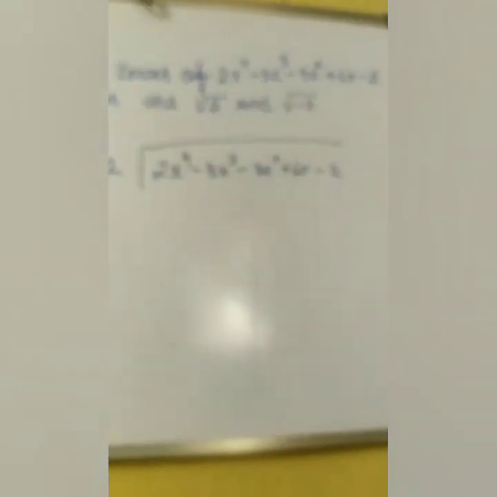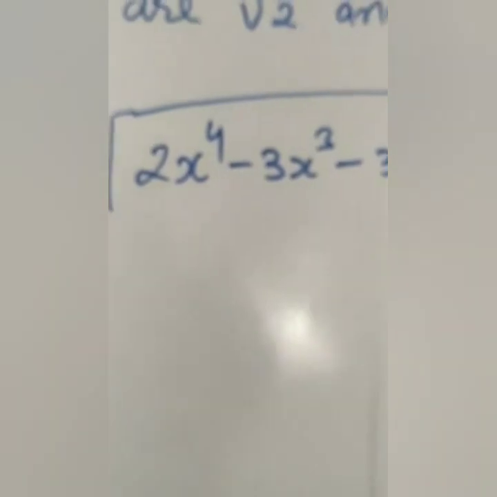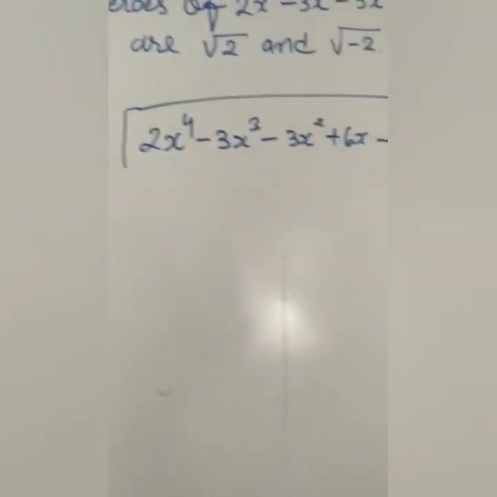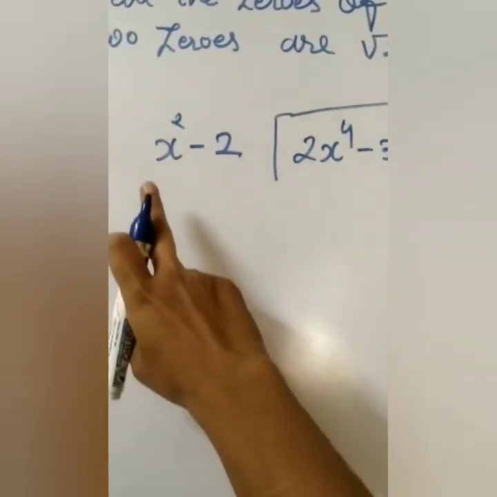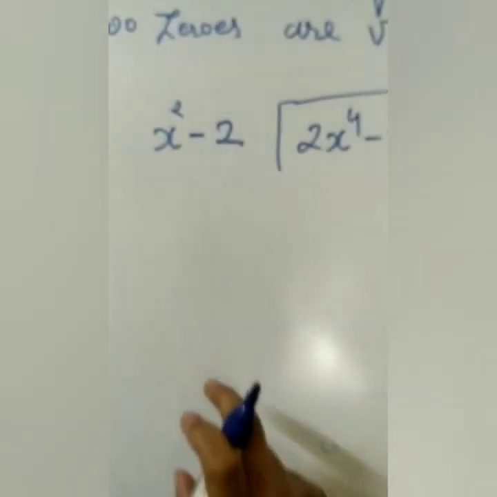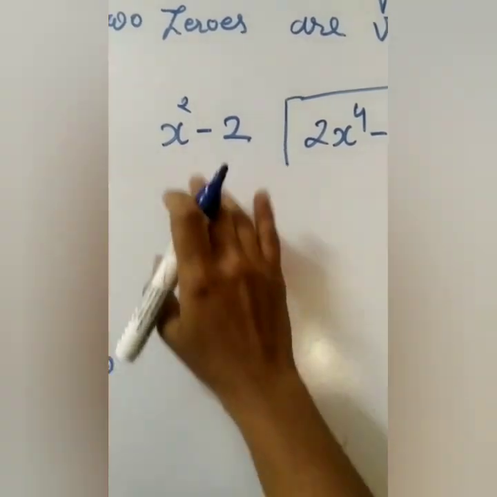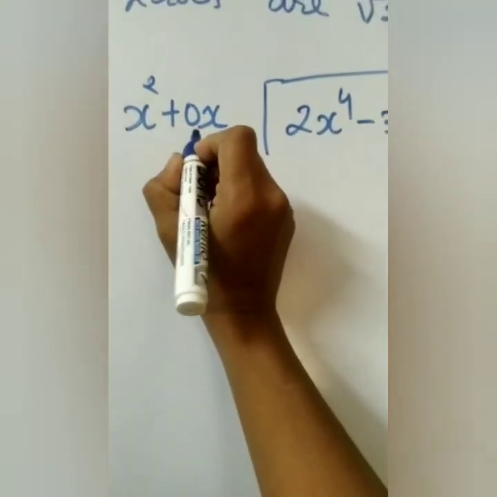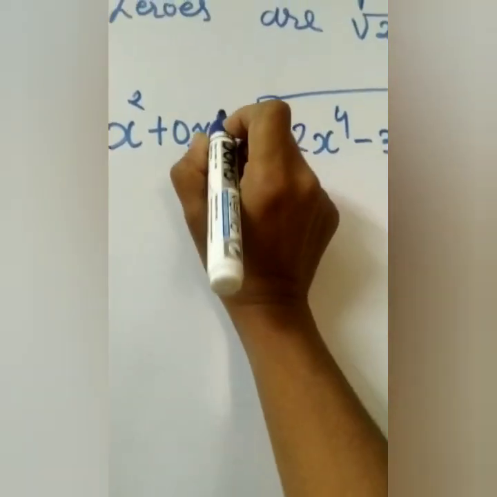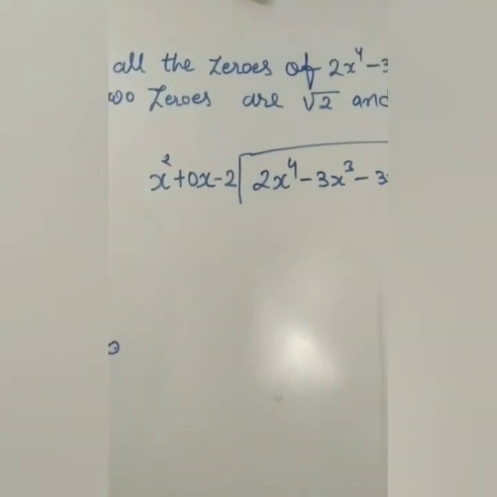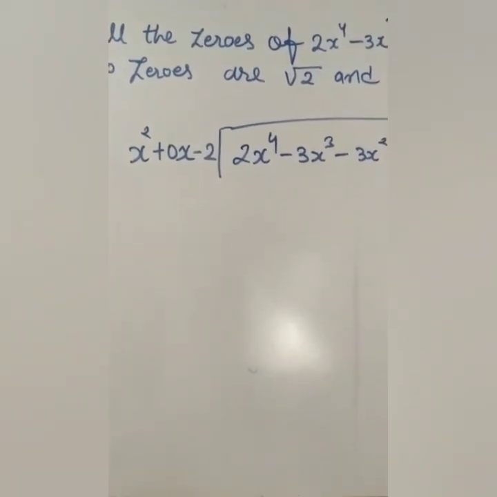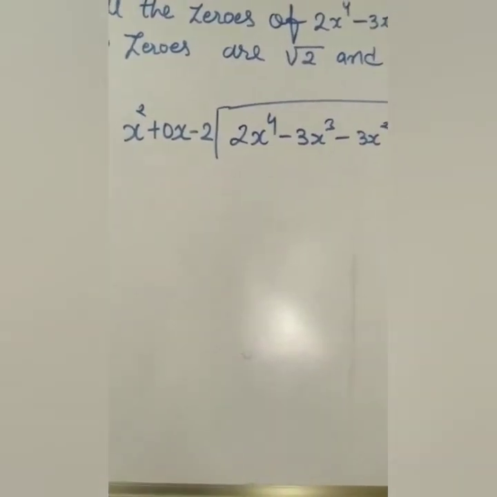So again, first we will check whether it is in the proper form or not. Here the power is 4, then 3, 2, then power 1, then the constant term. But here we can see that a power is missing in the square form. One term is missing, so first of all we will add 0x by ourselves if we want a perfect answer, as students get confused. So students must add 0x by themselves, then only it will be clear.